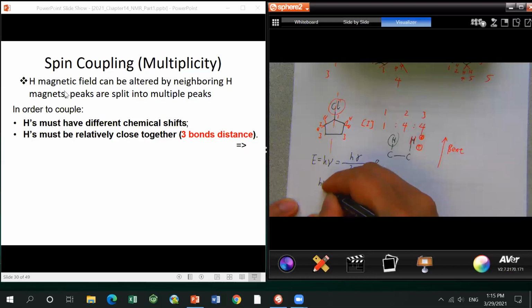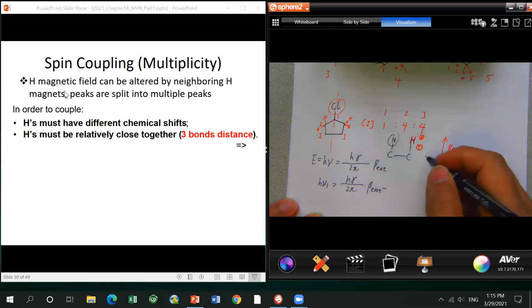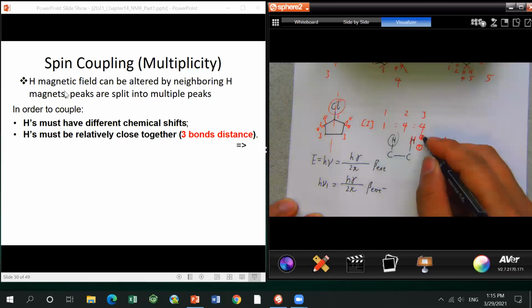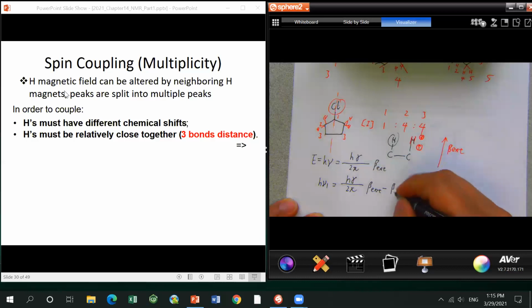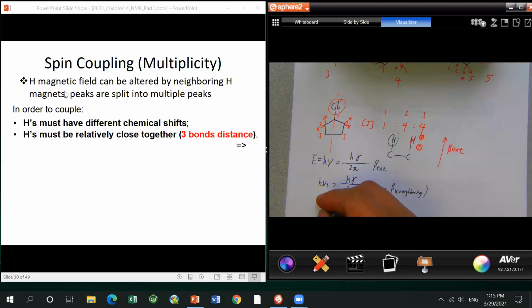One is ν1 equals γ over 2π times B external, minus the local magnetic field in the opposite direction, which we call B neighboring. And another one, ν2, equals γ over 2π times